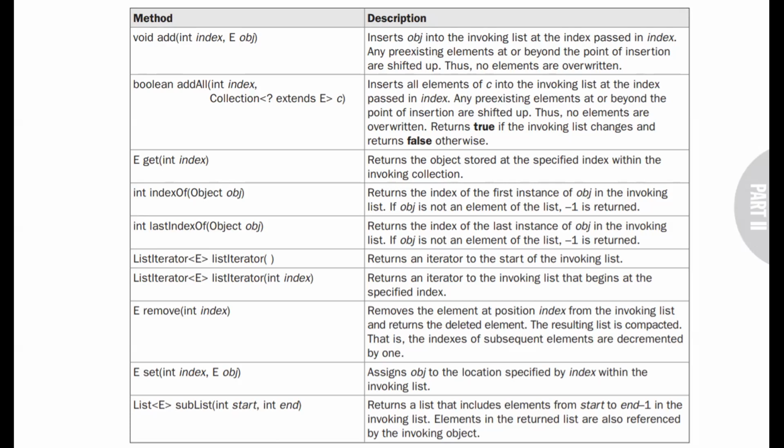The next method is the indexOf method. The indexOf method will give us the index. We'll pass the object and we'll get back the index of that particular object if it is present. If the object is not present, then -1 will be returned. Now, how to identify whether a particular object is present or not? For that, object comparison needs to take place. And for that purpose, we have one more interface, that is the comparator interface. When we discuss the comparator interface, we'll see how objects can be compared.